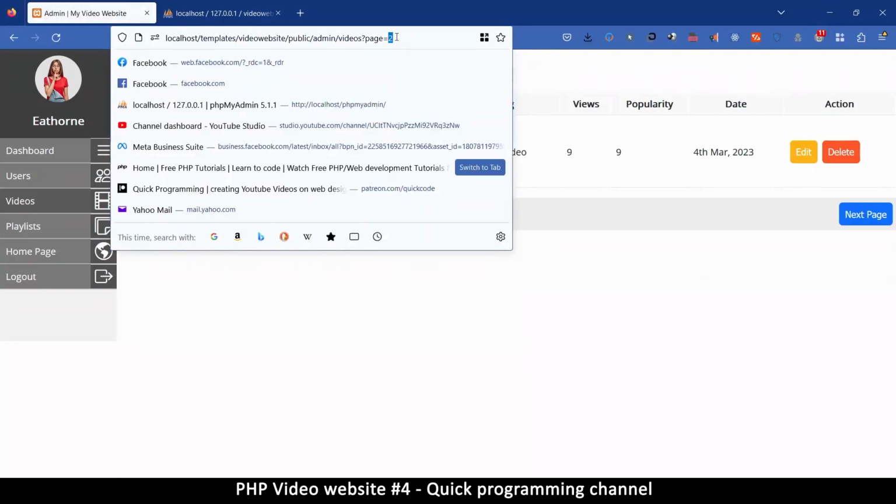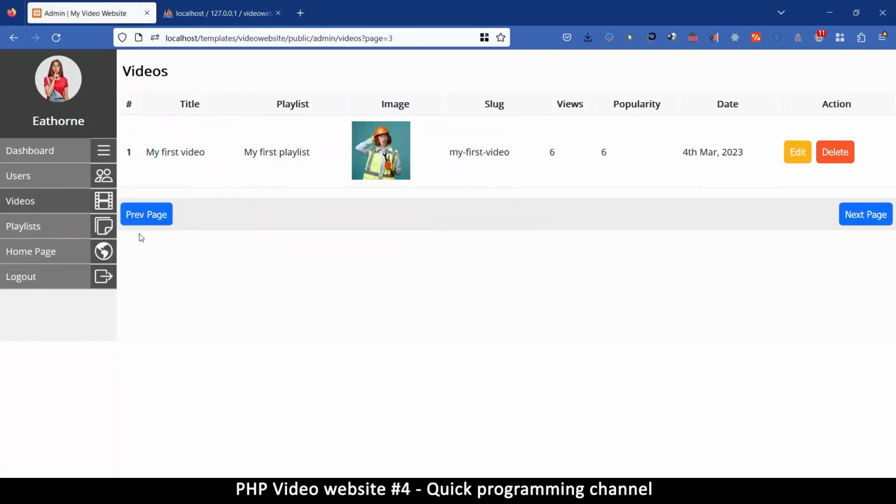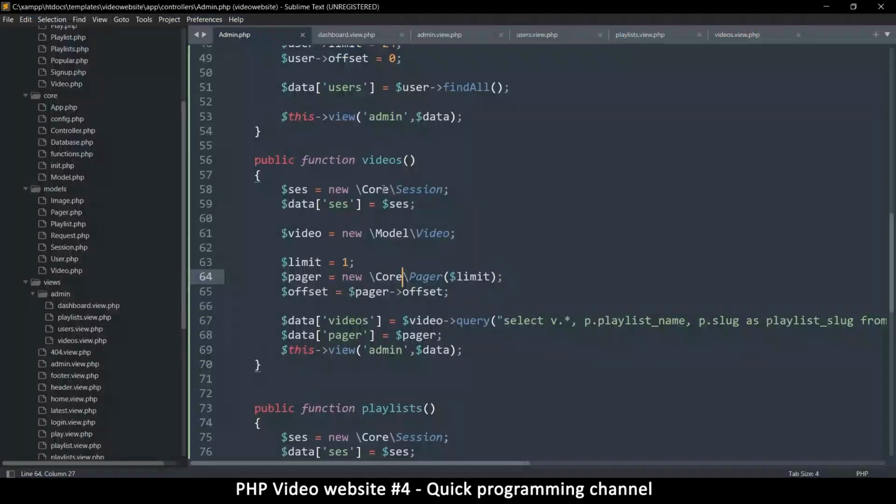And even there, if I put page 3, look at that. It's just that the buttons are not working. So the pager class is doing justice. The only thing is, since we've sent it to the view file, we need to tell it to echo out the pagination part. So let's go to